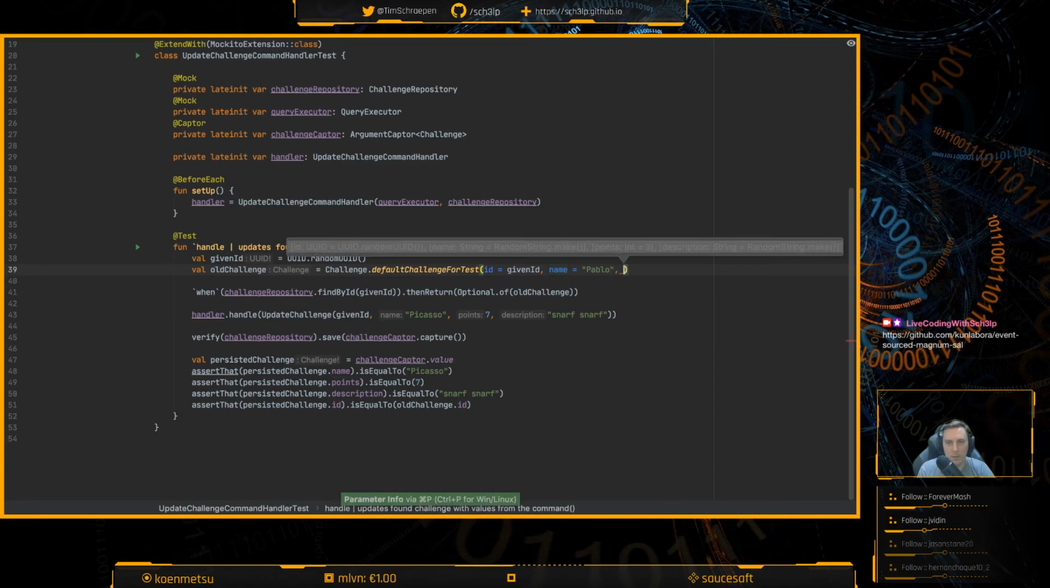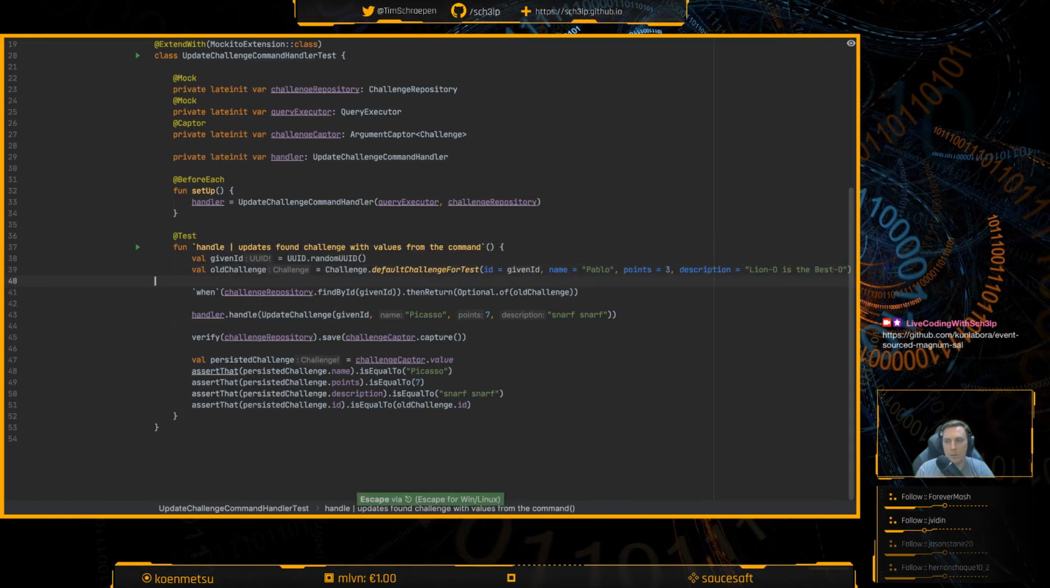Let's give it some different things as well, like points 3. Lion-O is the best O. Something like that. I don't know. There, and then we'll have changed everything except the ID, of course. So this should be okay. Then if I try to run it, it should not work, in fact, because there's a to-do thing that'll get a hit. Oh, I also need to